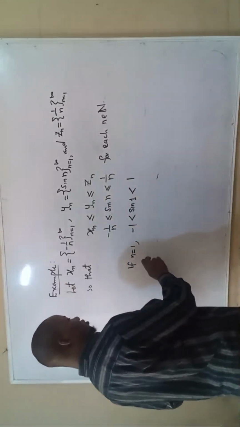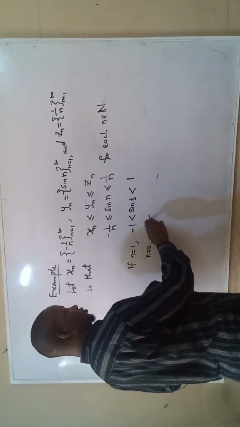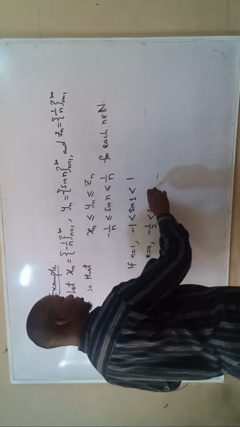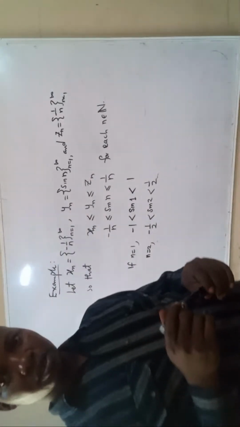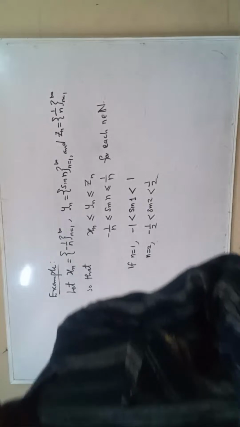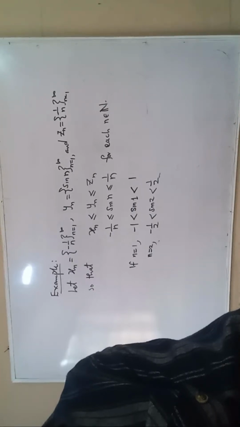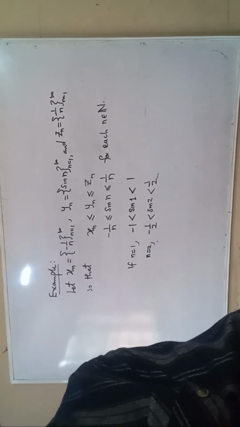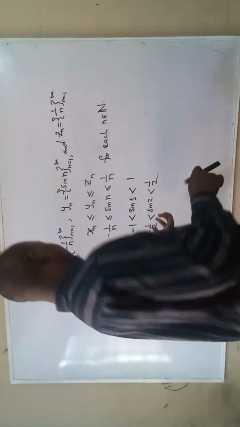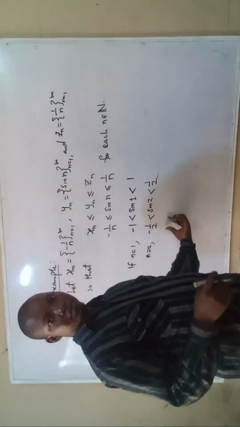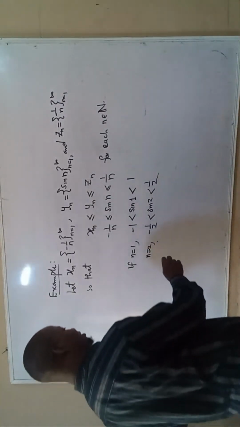Okay, so also if n equals 2, this will be minus 1 over 2, this will be less than sine 2, and this will be less than 1 over 2. Okay, sine 2 there will give us this. So what we will observe is this: as n goes to infinity,